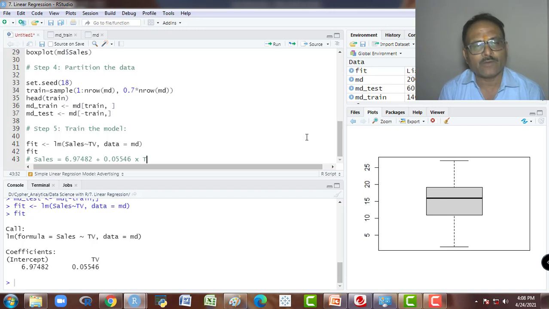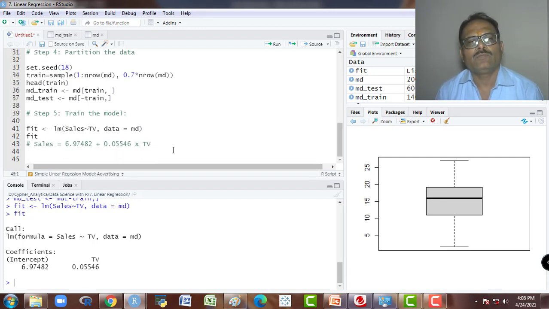So whatever expenses we have made on advertising through TV, we will write that amount there. So we will get the sales over here. Okay, so this is our final equation, and we see the summary for statistical inference.